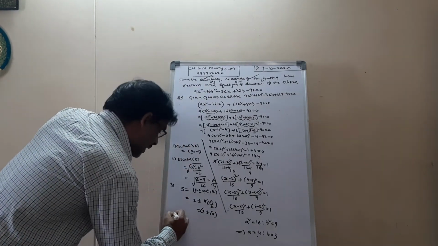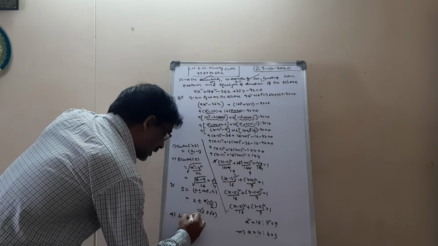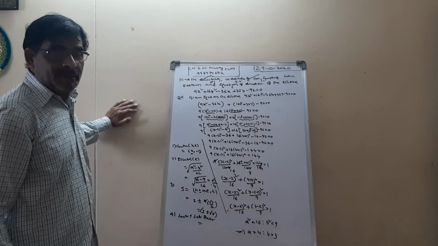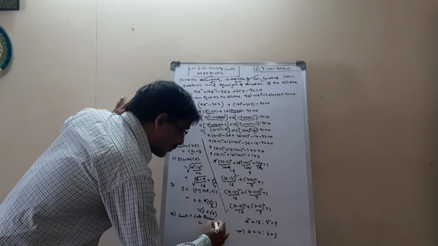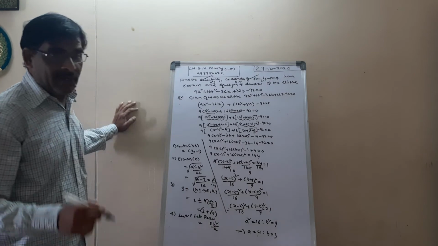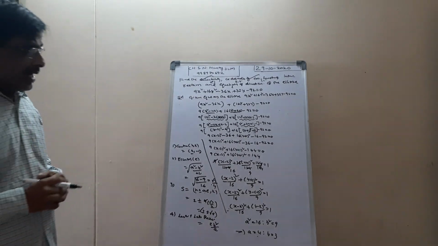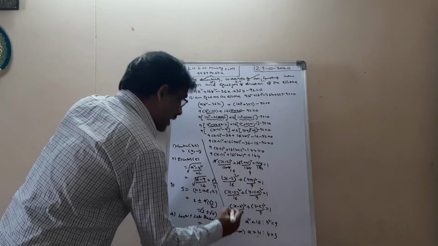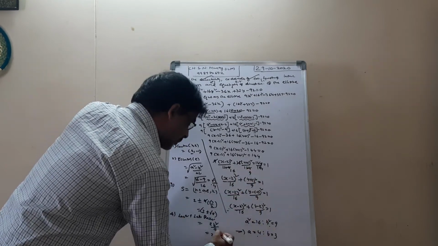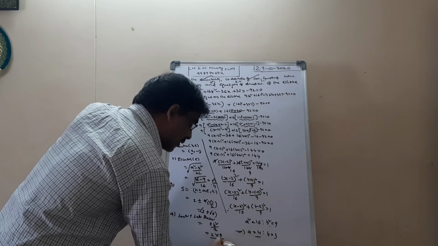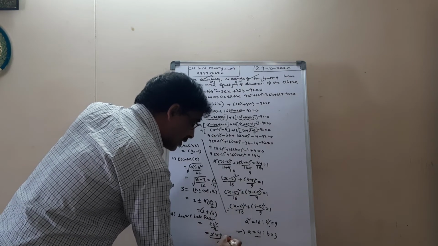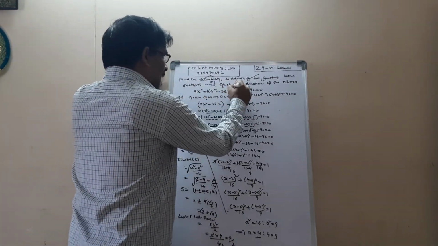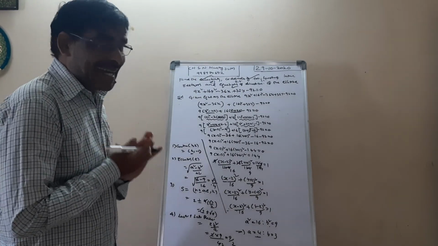Next, the fourth one, length of the latus rectum. You know the latus rectum formula: 2b² / a is the length of the latus rectum. 2 into our b² equals 9, divided by our a, which equals 4. It goes to 2 times. This is equal to 9/2. Latus rectum is also over.